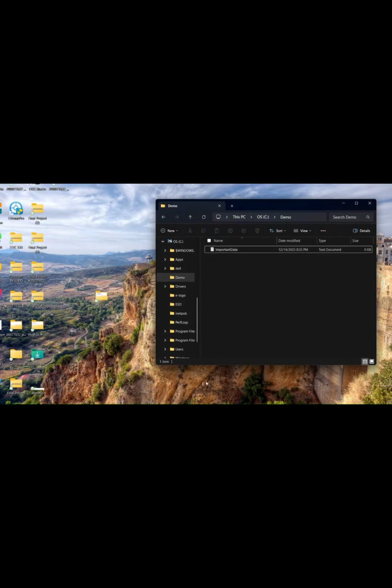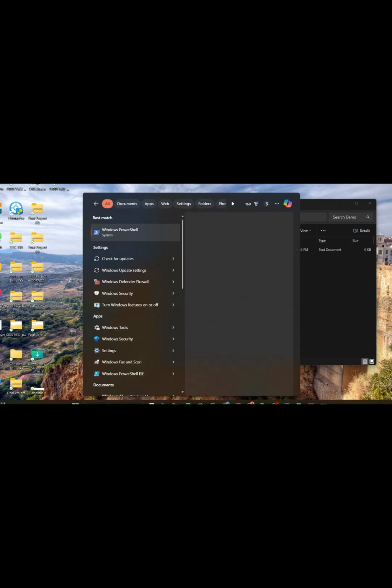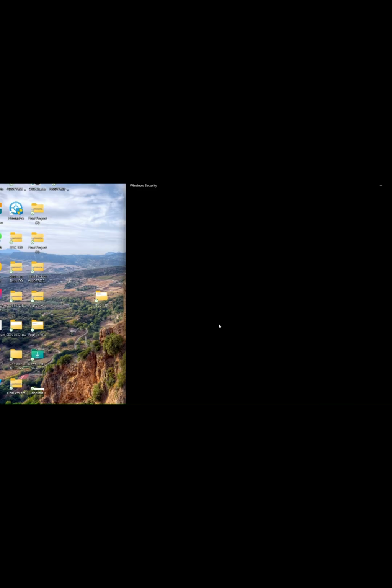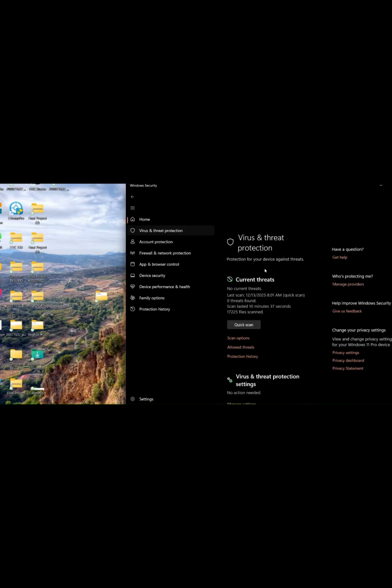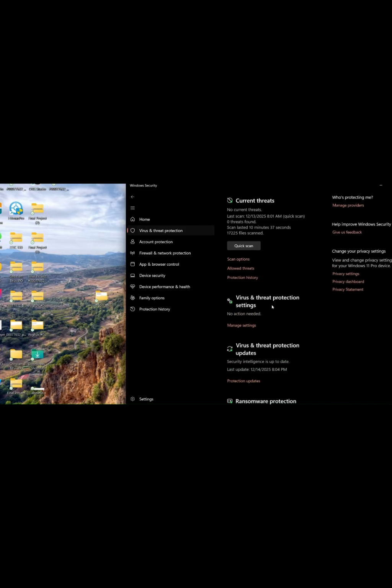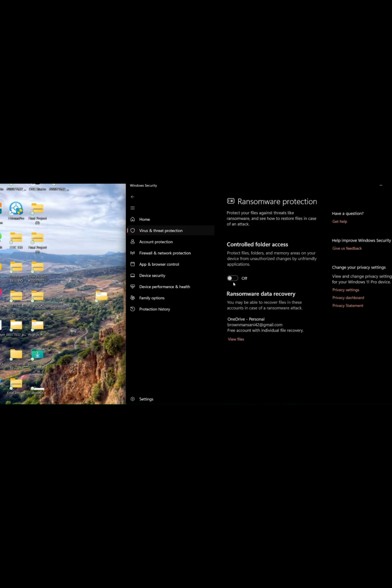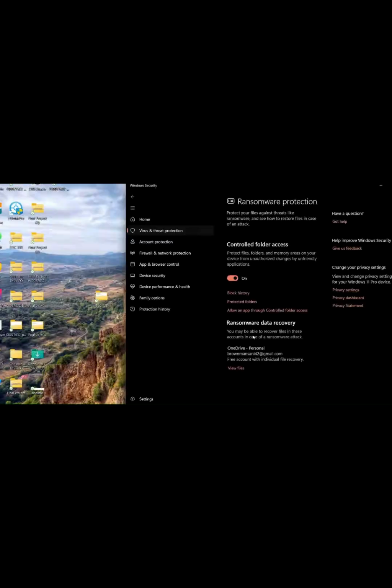Go into Virus and Threat Protection, scroll all the way down to Ransomware Protection, manage the ransomware protection and turn on Controlled Folder Access. Now that this is on, you want to place the demo folder into the protected folder section. So how we do that, we just click this, add a protected folder,